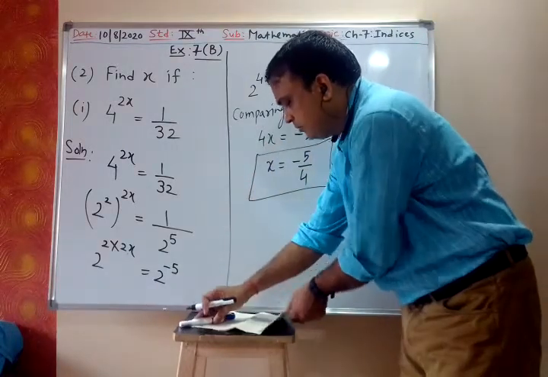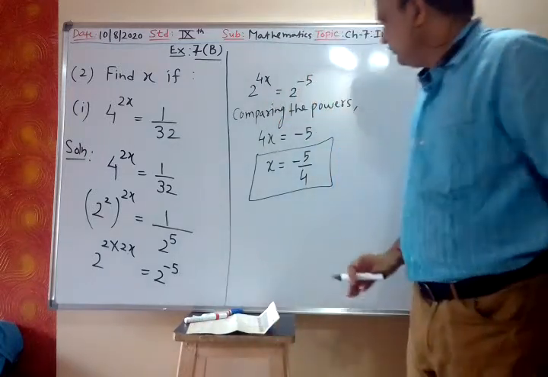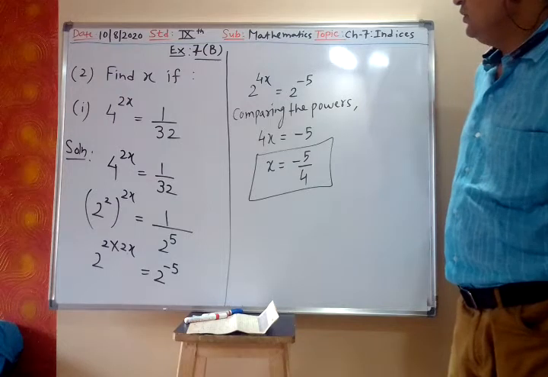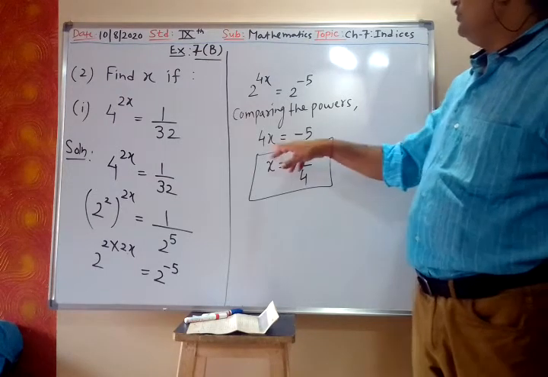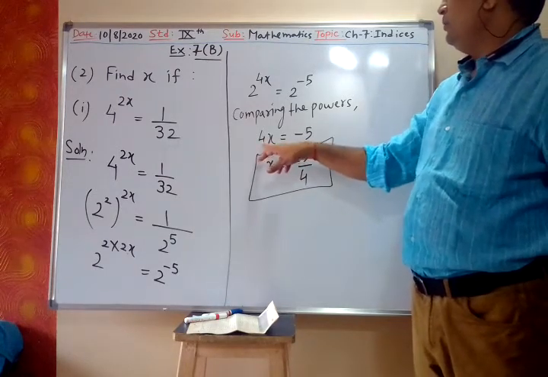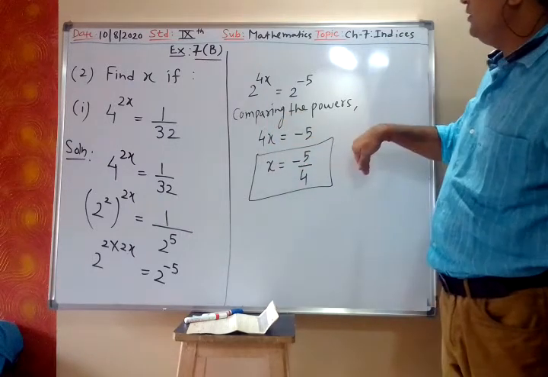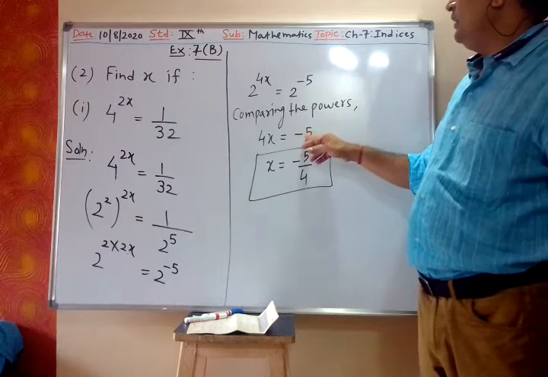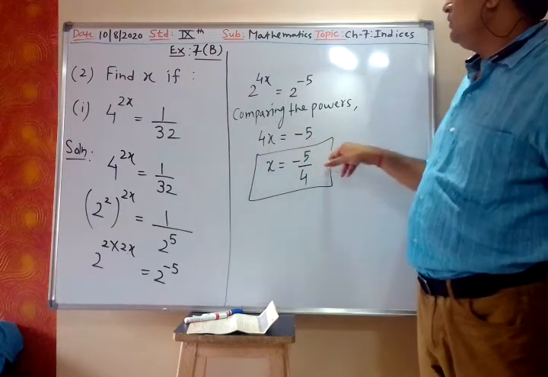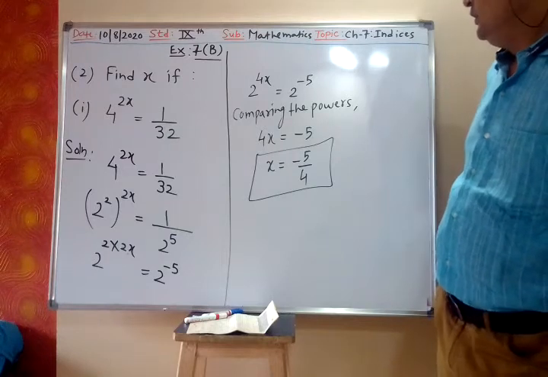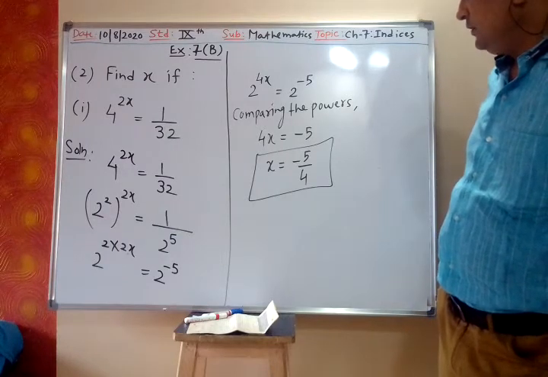So this type of problems, you can take 4 upon 5. If you write 4 upon minus 5, then it will be 1 upon x. X will go in the denominator, no? If we are taking minus 5 in the denominator, then x will also go in the denominator. So x value is minus 5 upon 4.